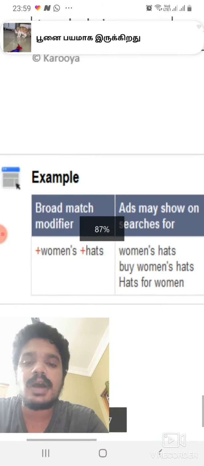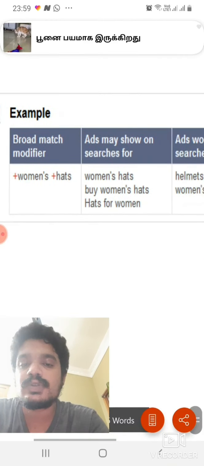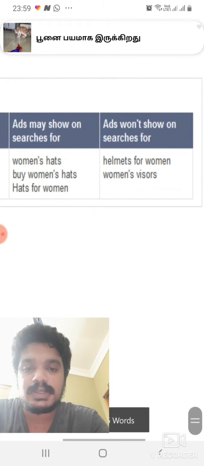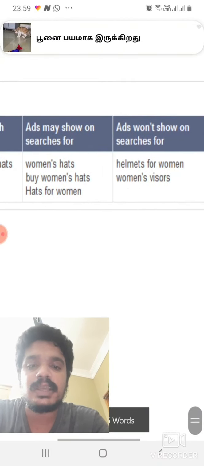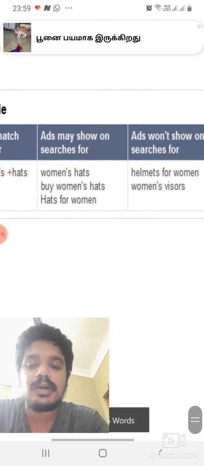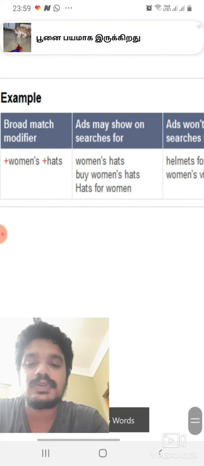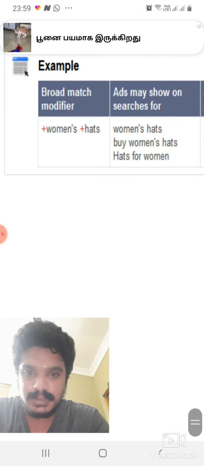See, this is how broad match modifier works. It will not be shown to non-relevant customers because the keyword is women's hats, not the elements. So it is saving our budget. So use the broad match modifier rather than the broad match.